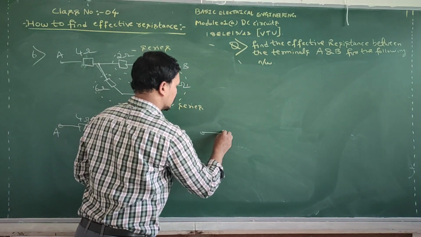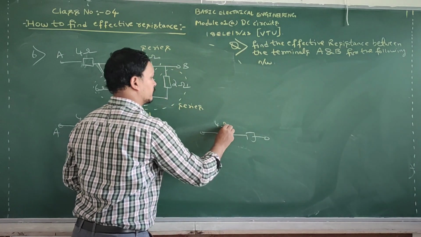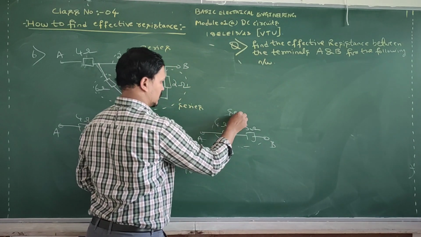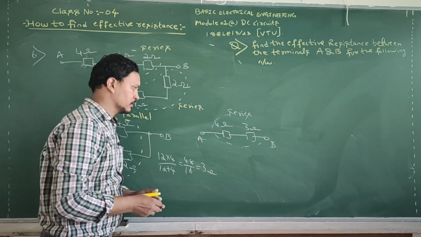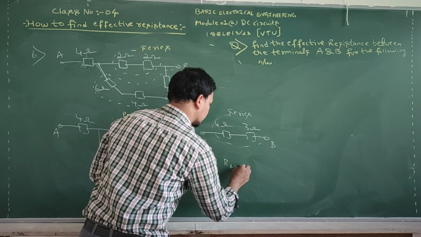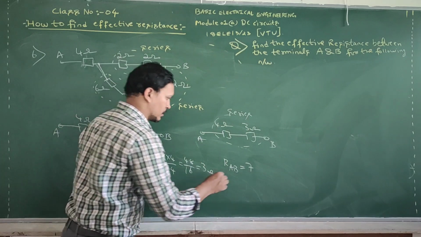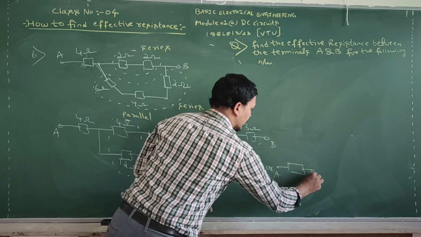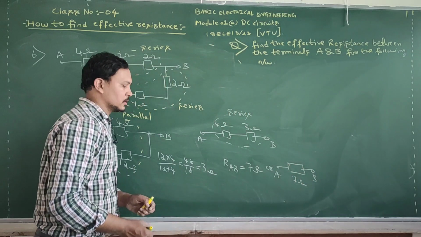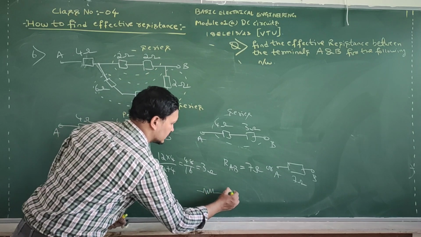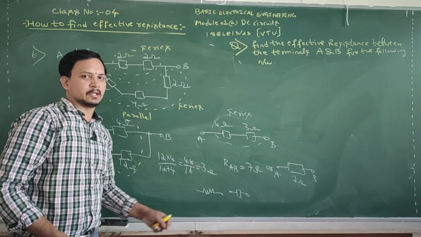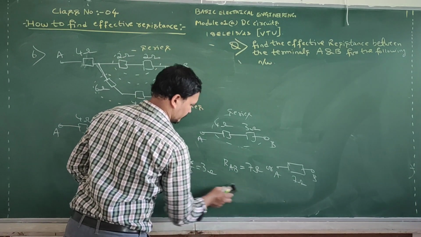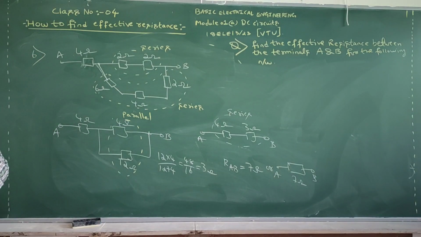Now, 4 ohm and 3 ohm, resistor A and B. Now these two are connected in series. Very good. So therefore, effective resistance is 4 plus 3 is 7 ohms. So between A and B, answer is 7 ohms. See, you can write resistor like this. Otherwise, you can write a box. Okay, both are correct. So you can write whichever is convenient for you. Okay. So pause the video and then copy down.